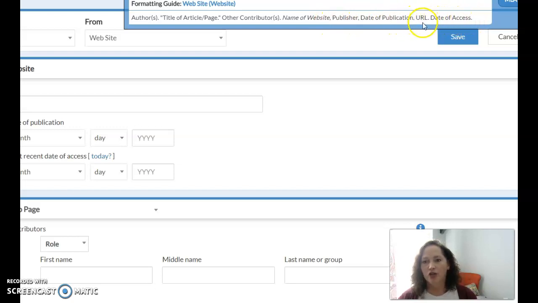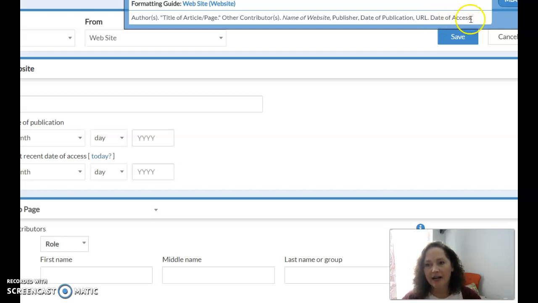One thing I want to make sure that I tell everybody that you get this, because this is a difference from the 7th edition if you're used to using the old MLA version. You have to have your URL on your websites. Okay, you have to have that. And then when you are compiling your works cited page, you can either hyperlink them or not. Just keep it consistent. All right, either no or yes, but just keep it consistent.